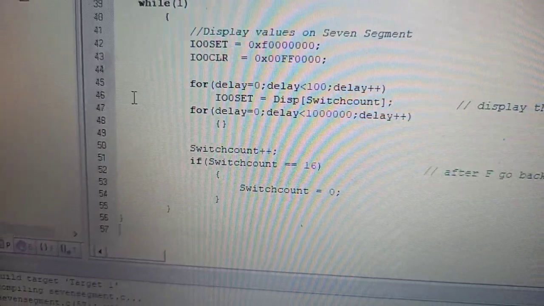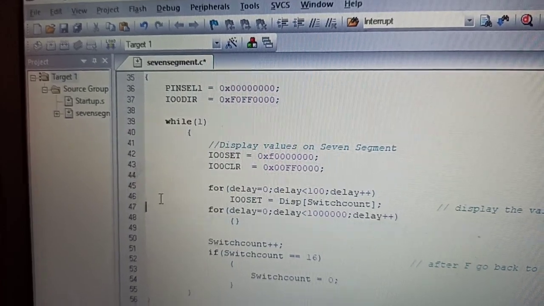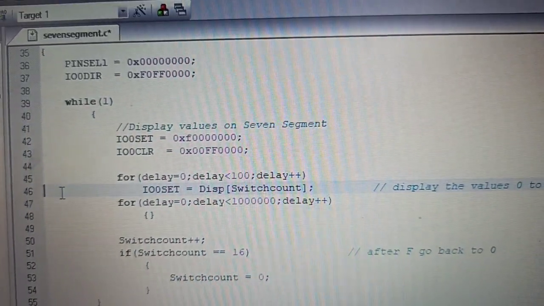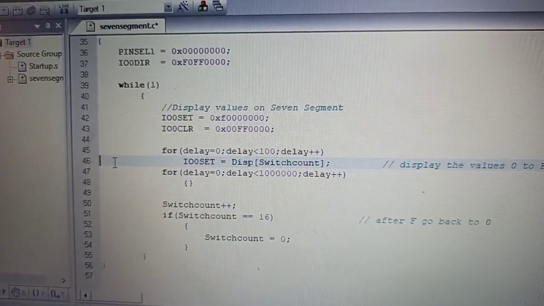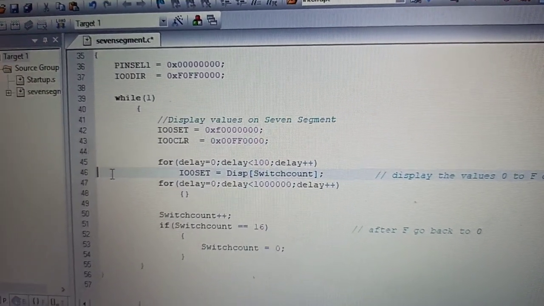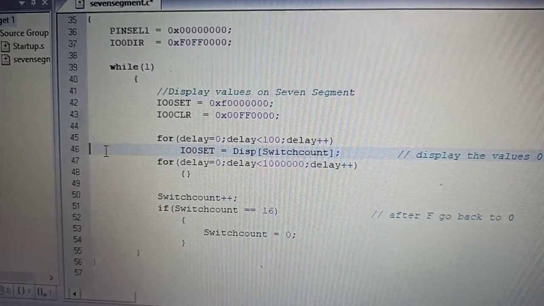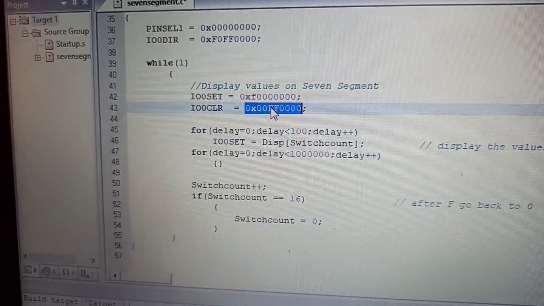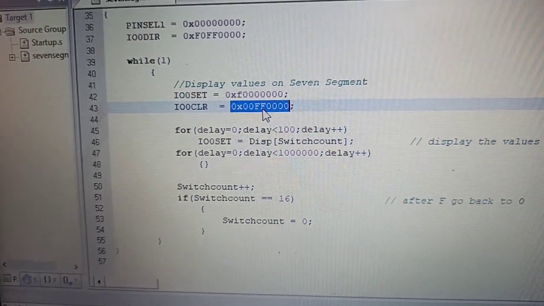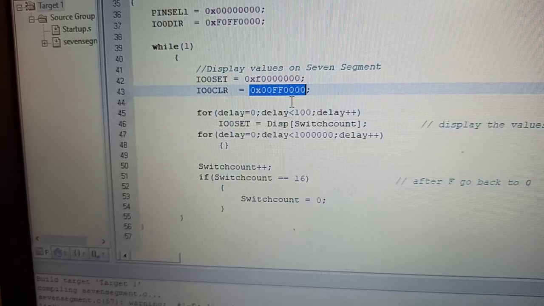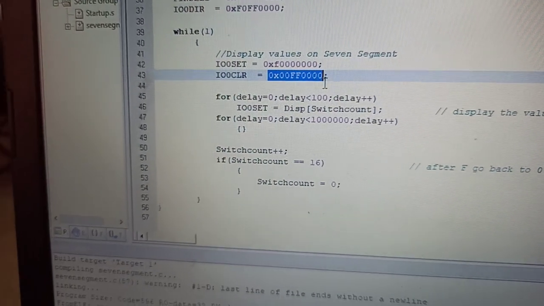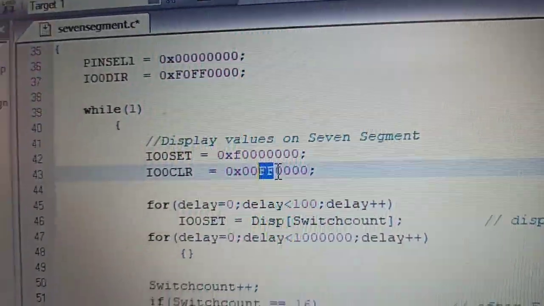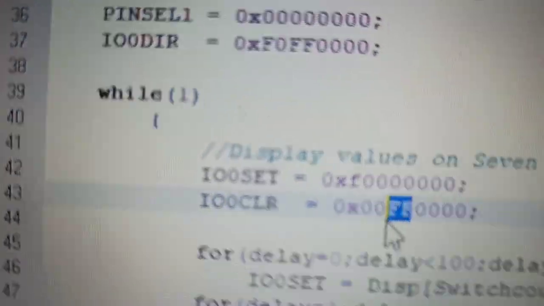Simple program. What we are doing here is displaying the 0 value, 1 value, 2 value, 3 value. We have calculated them and loaded them in the array. From the array, one by one we are fetching and sending it across port 0 of 16 to port 0 of 23. Simple one. To send across that, here we have FF, FF 0 0 0 0. This is port 0 of 0 to port 0 of 15, 4 zeros, then 16 to 23, these two Fs.